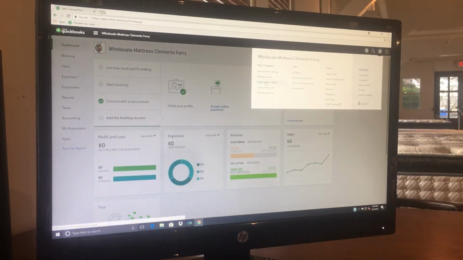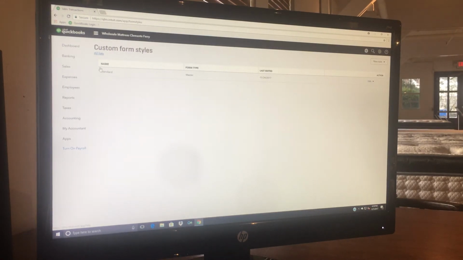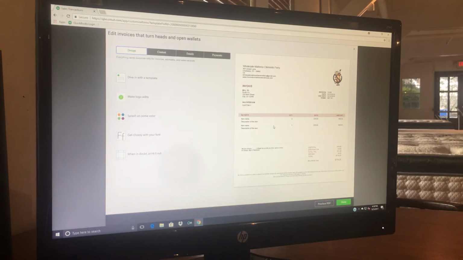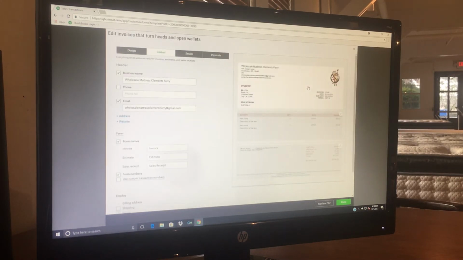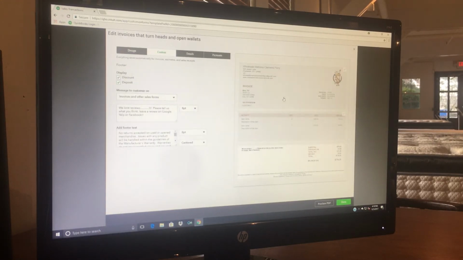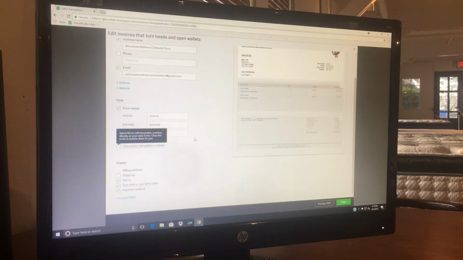Again, I am going into now custom form styles. This is going to be how your individual invoice is set up. You can go in here and change the design of it. In our particular case, I added the bull to our invoices so it prints off. Content, you can click on each individual section. You see it's changing and highlighting, and anything you want in here, the name, the phone number, the email address,